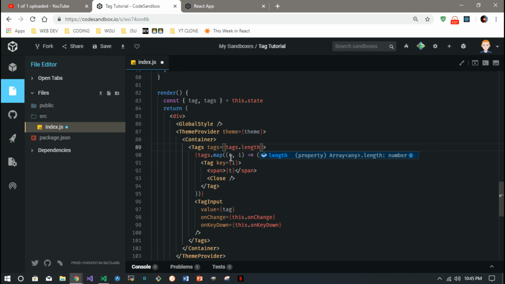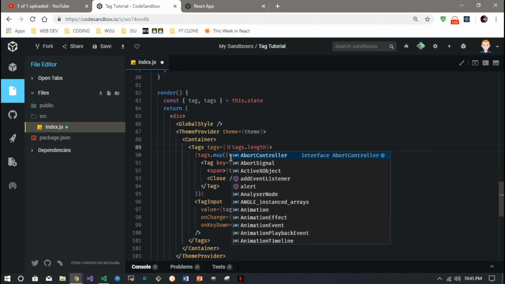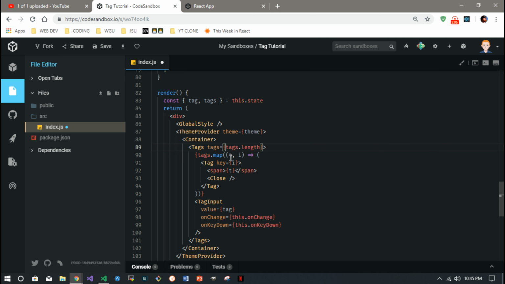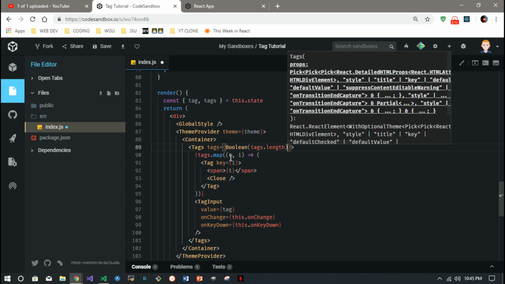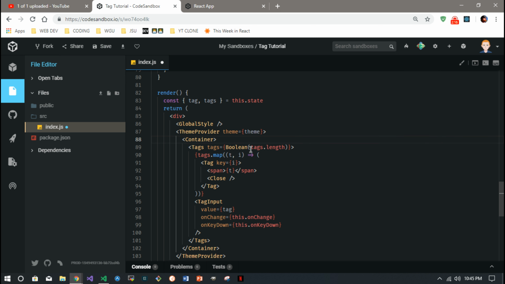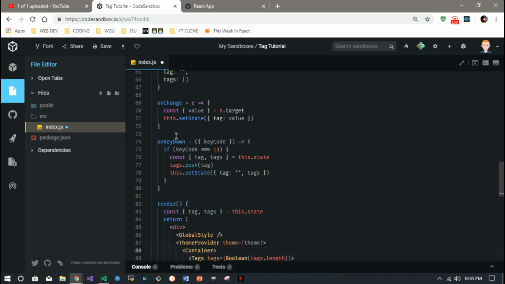But we want to make sure that's a Boolean, because right now tags.length would be 0, 1, 2, 3, etc. To make it a Boolean, we could either go double not, or just use Boolean like that, a Boolean constructor, which will automatically convert whatever this number is. If it's 0, of course, that's going to be false. Any other number is going to be true. So we'll pass that into the tags component, and then we can come up in here,